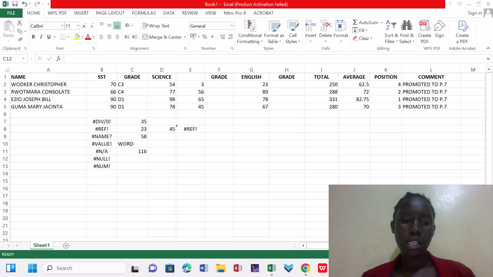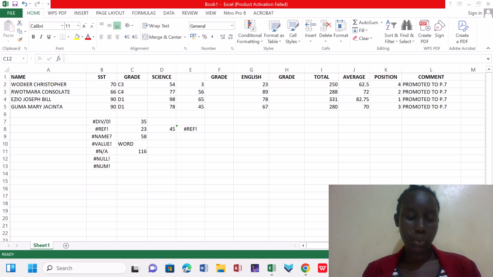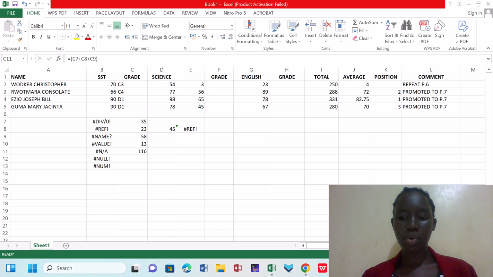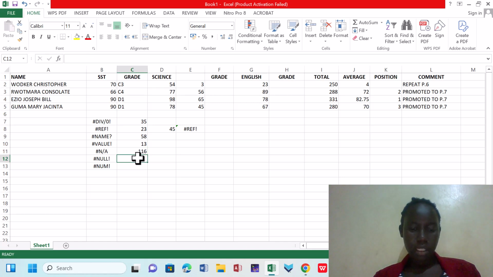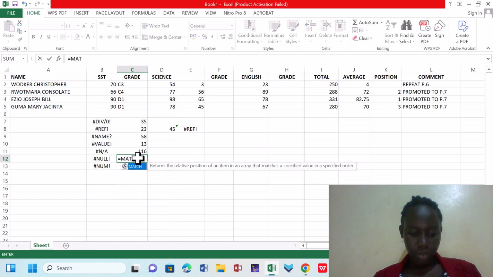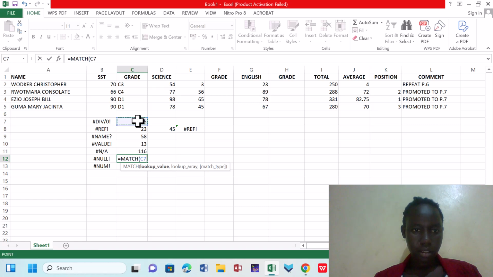So the NA means that the value is not available or it's not there in the place in which you're saying it is. And how do we test it? For example, I have this list of values, and it's usually used in the match or in the lookup function. So for example, equals match, and I would say maybe C7,